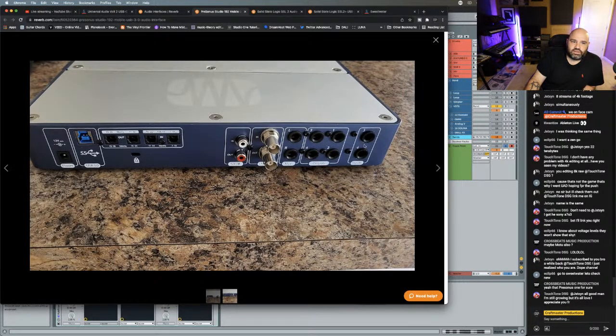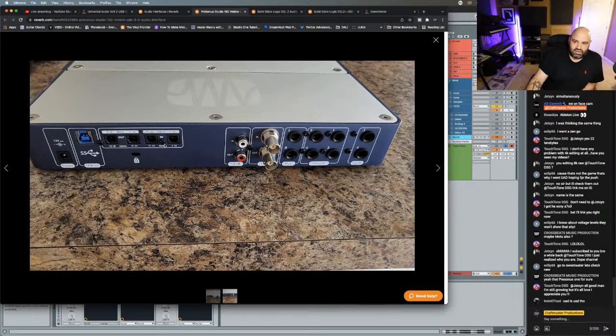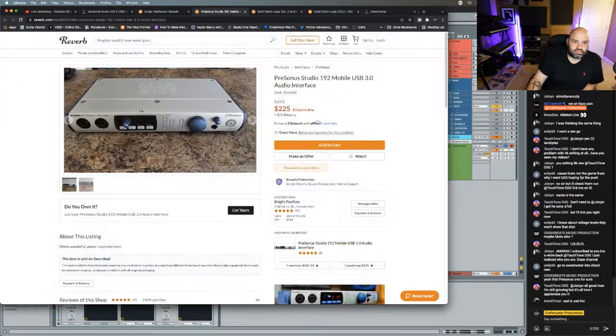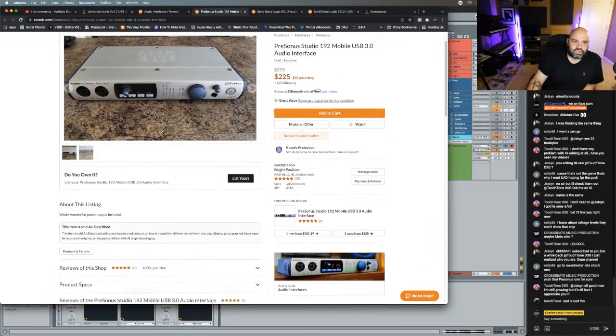You got 4 outputs and 4 inputs. You got your mains right there. If you need an external clock, you got it. The fact that they give you this is crazy for this price. This will take you so far.